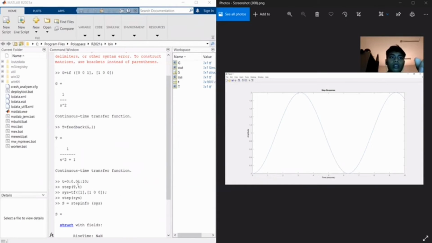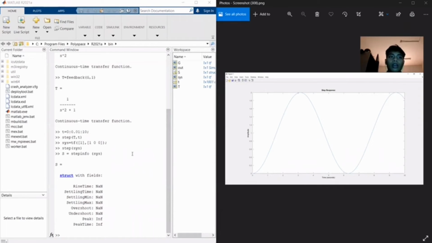So after you enter, you need to type t equal to 0, 0.001, 10, and then enter with a semicolon at the end, and then type step open T, comma t. So enter again. After the step, you enter, you will get this graph, which is the step response for the closed loop system. And then if you want to know the rise time or peak time, just type sys equal